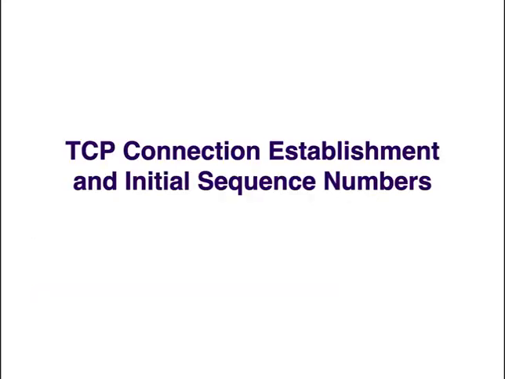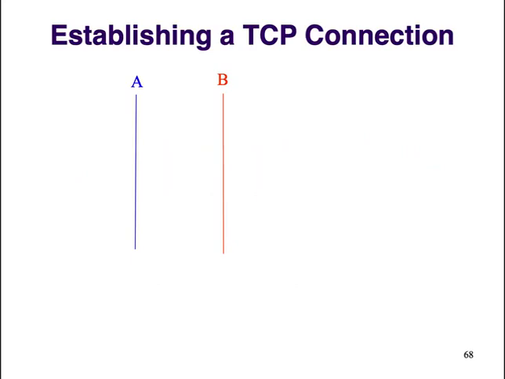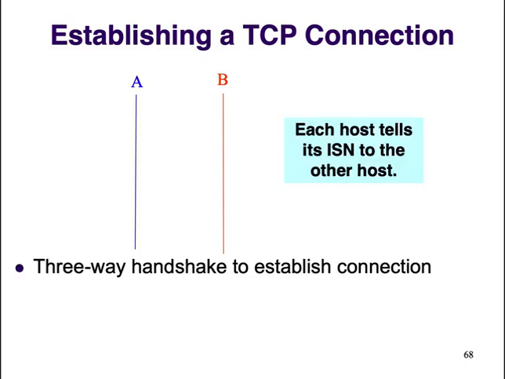So the last one is connection establishment and sequence numbers. So let's start with this at a fairly high level, and then we'll actually look at what headers look like as you're setting up connections. This, again, is sometimes confusing to people because there's a fair amount of detail in what's happening. So the high-level TCP connection establishment follows what we call a three-way handshake. Okay? And it's used to initialize state at both ends, but also to exchange initial sequence numbers between A and